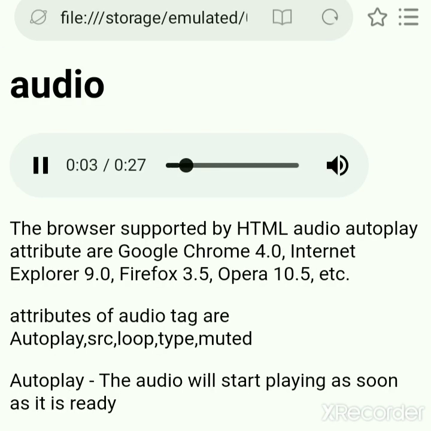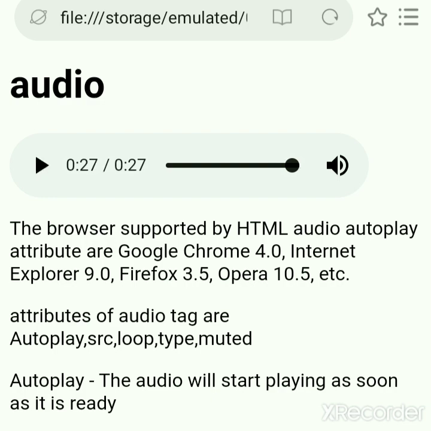See, as soon as the page got loaded, the audio started playing the file.